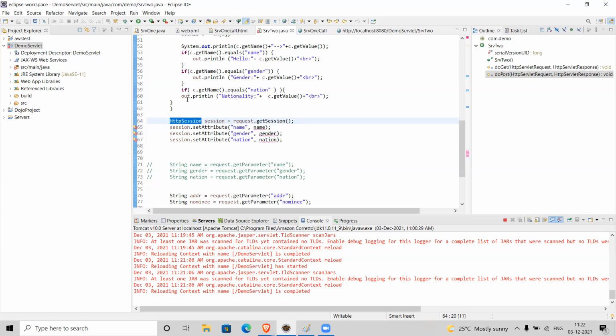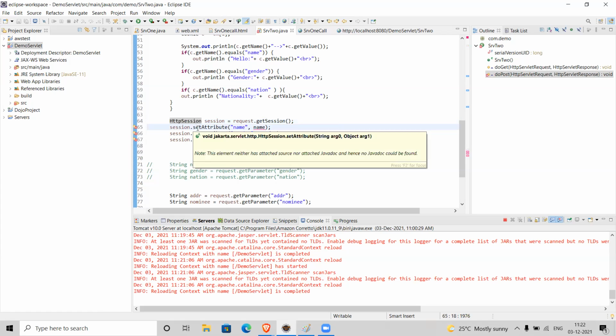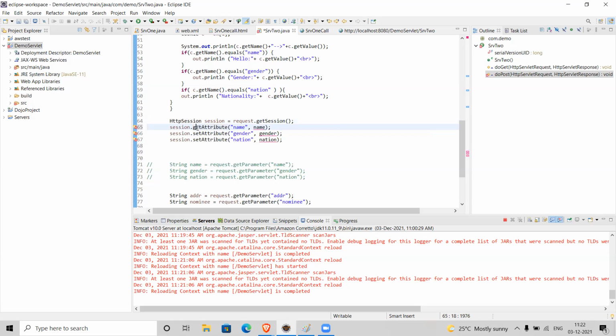No, we are not passing any information. The information is coming to servlet 2. Even in the earlier example we did the same, right? In hidden fields, we are transmitting the data to the client.